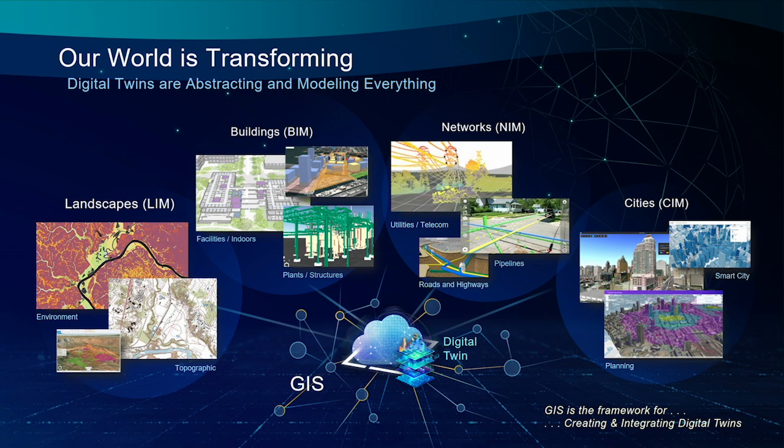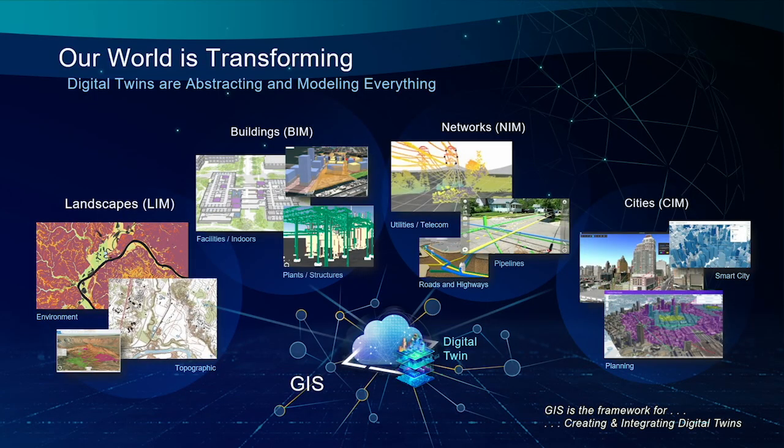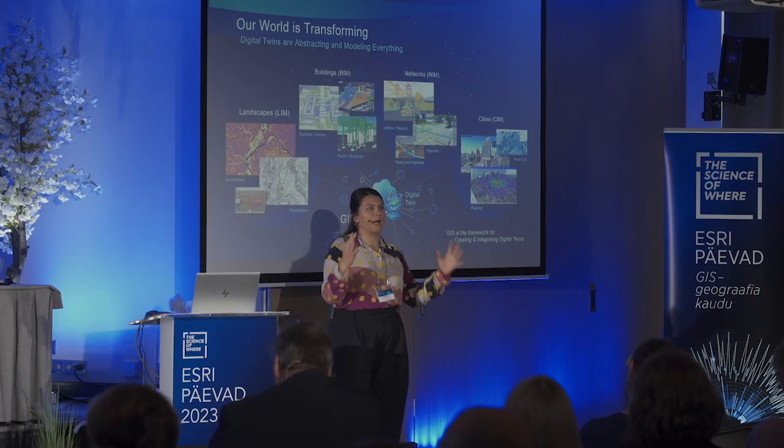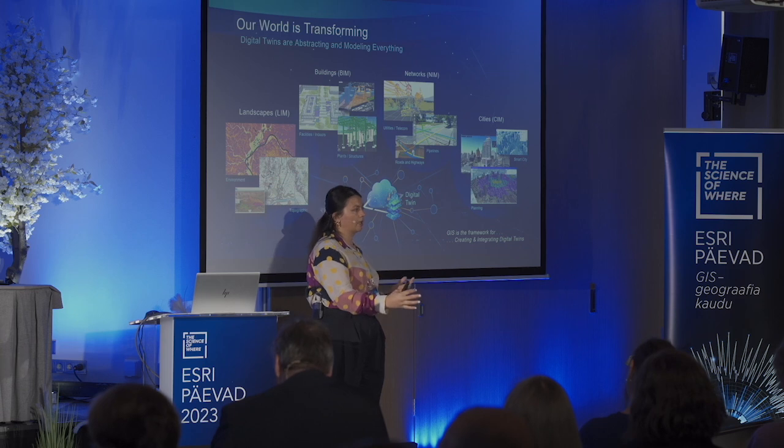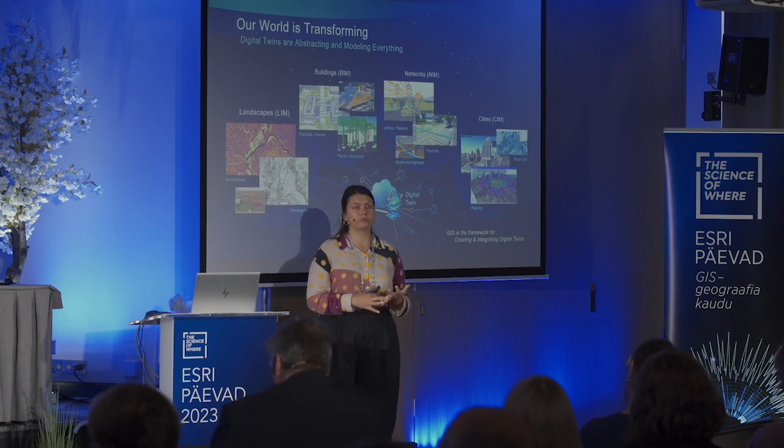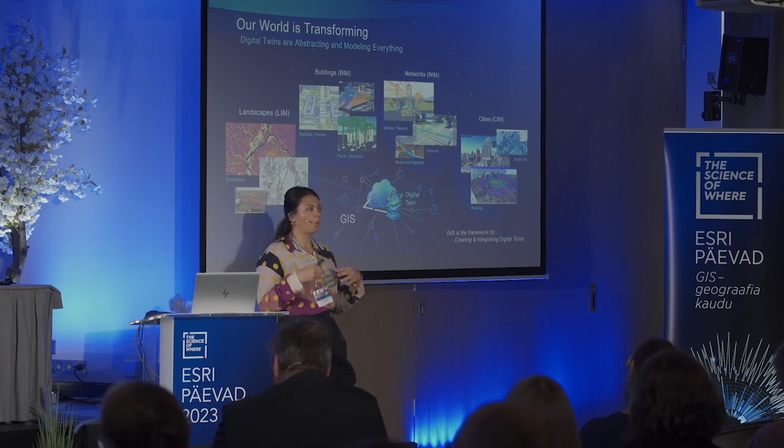This is really used by the utility side or the infrastructure side of your organizations, which uses the ability to represent the linear objects and the connectivity and the association between different assets within your organizations. And finally, we also have the city information model, which is the digital twin of the cities that combines all the different elements that I talked about before and helps you understand a more holistic approach when you're designing your developments, your new regions, your new systems, and where that new forecast and new development will come through.